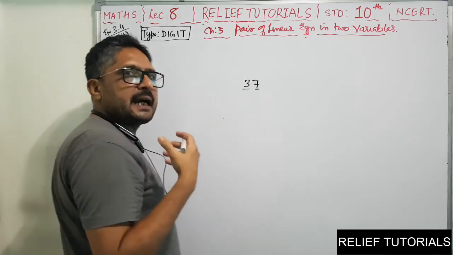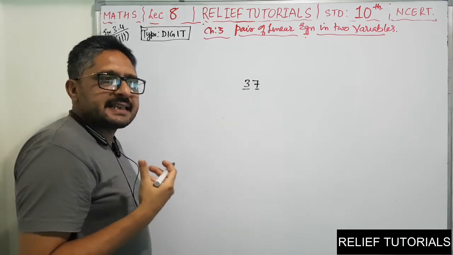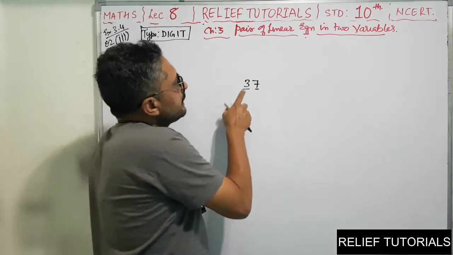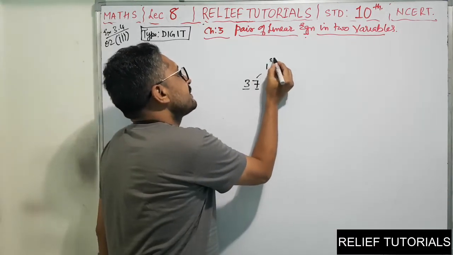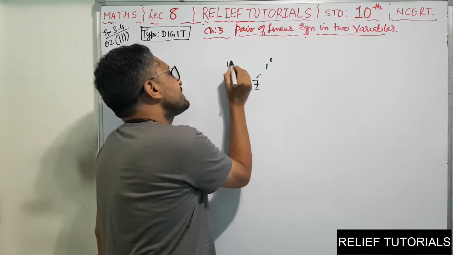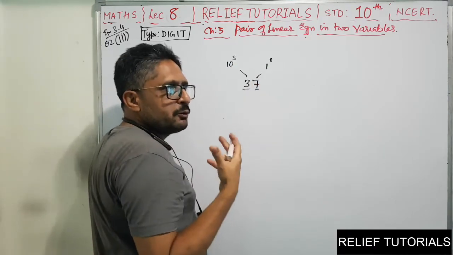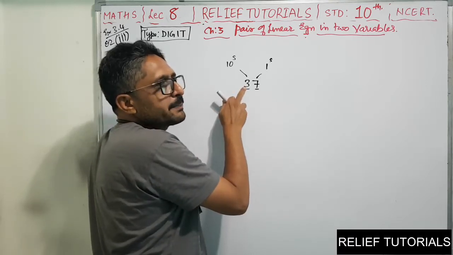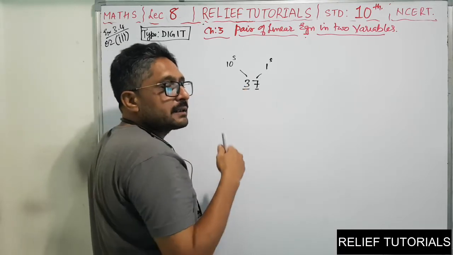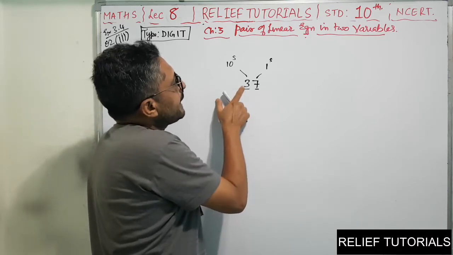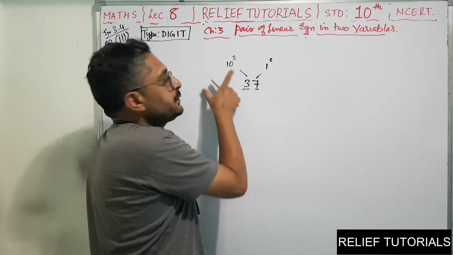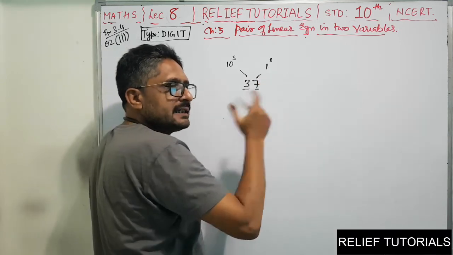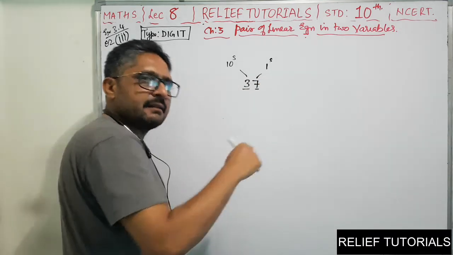So when we speak out this number, we say 37. So here, see, this is unit ones place and this is tens place. When we speak out this number, we are not speaking it out as 3 but 30. So we are multiplying this digit with its place. See, 3 into 10, 30 and 7 into 1, 7. So 37. So that is the pattern.